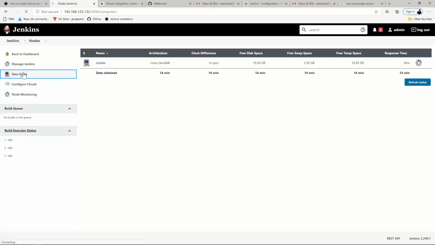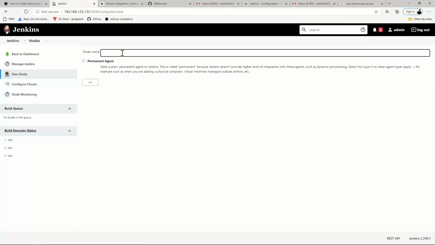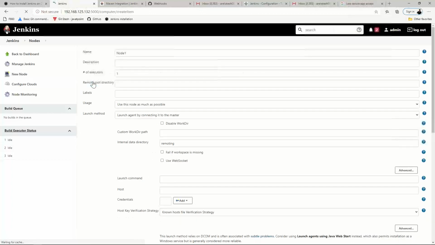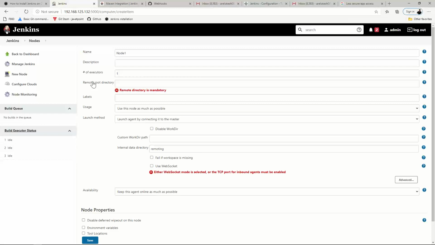Click on that, give a name, node 1. Yeah, click on permanent agent. Okay, and we'll have one build executor. We don't need a description.